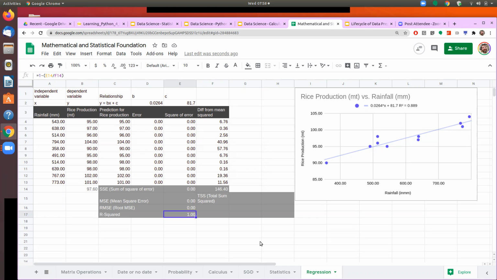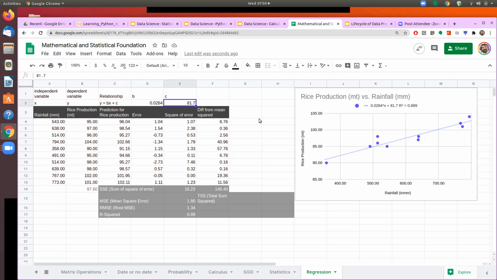And a value which is close to 1 shows that the prediction is better. It means that I am able to capture the entire variation with my prediction. And the farther it goes from 1, the worse the prediction is. So I get back to it, and we see that our prediction is with the best fit line. This is the best we can achieve. Anything that you vary from here will actually increase the RMSE and decrease the R squared.